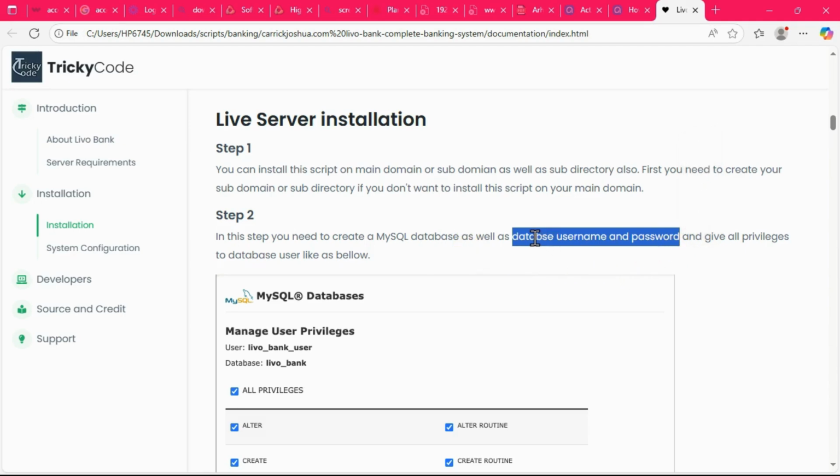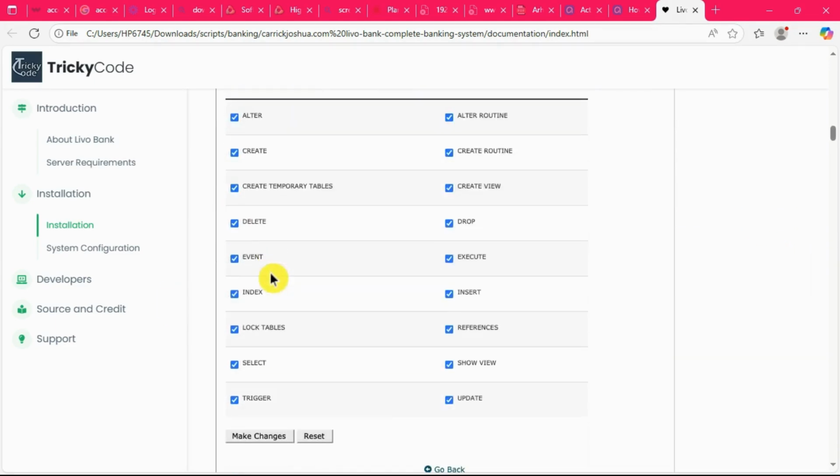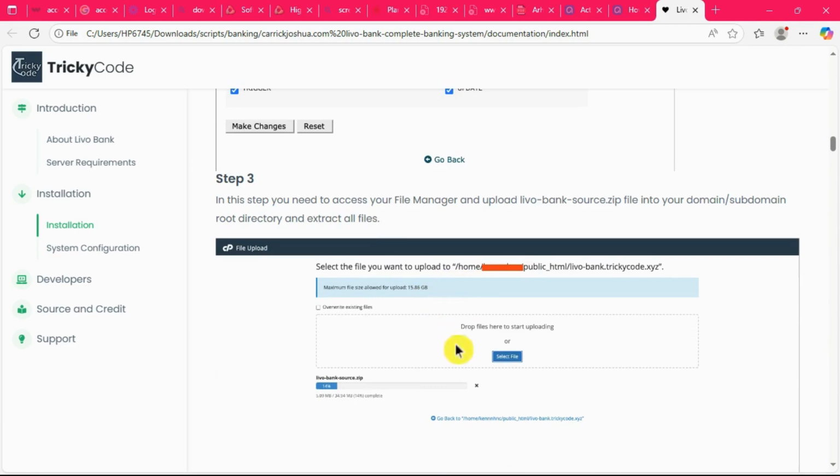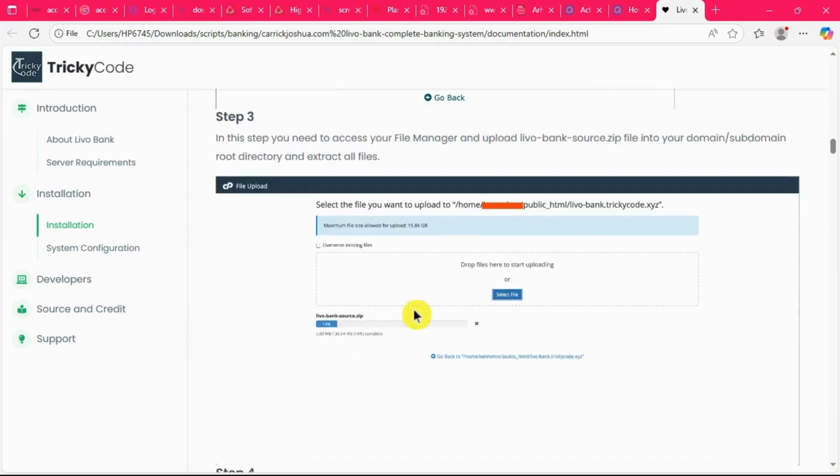So you need to understand the database. You need to create the database. Make sure it comes with the username and password, and you have to give all privileges to the database. All right, that's easy. So step three is you would upload the script to your database,